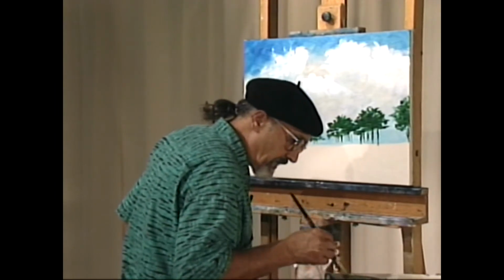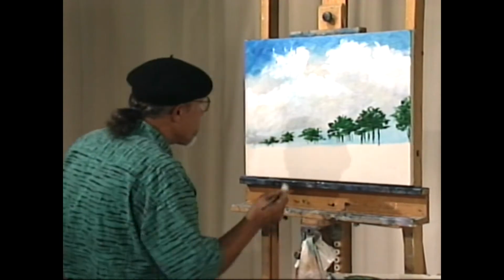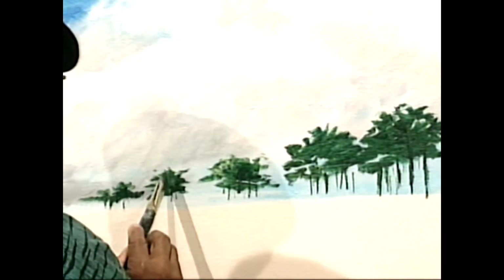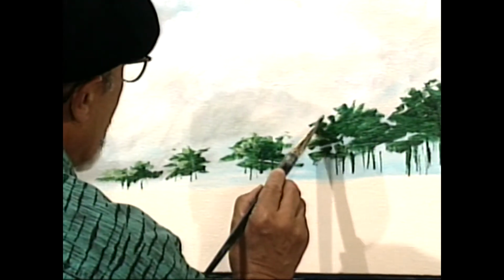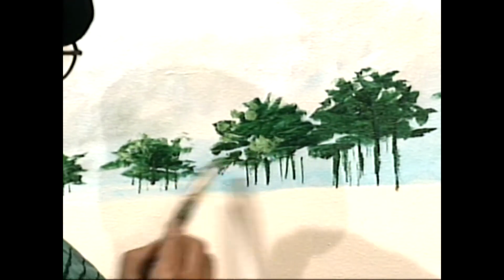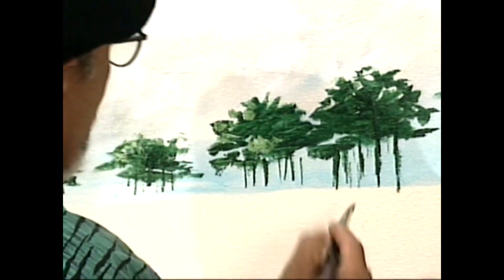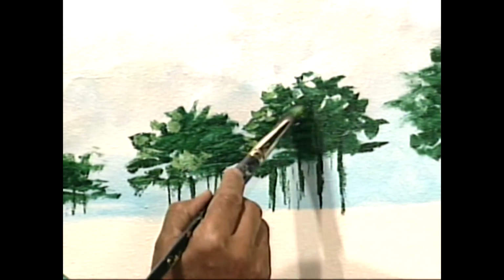I add a little yellow and white to the mixture that I have here, and put a little light colors in some left side of it, because the light is coming from the left side in this instance,